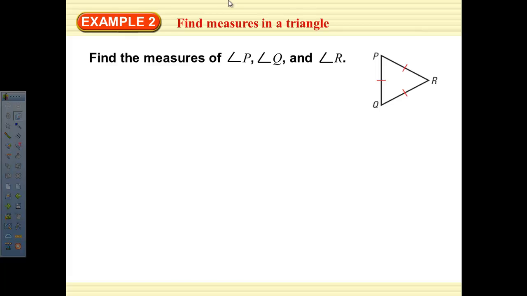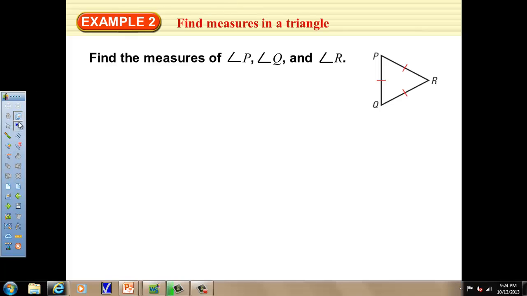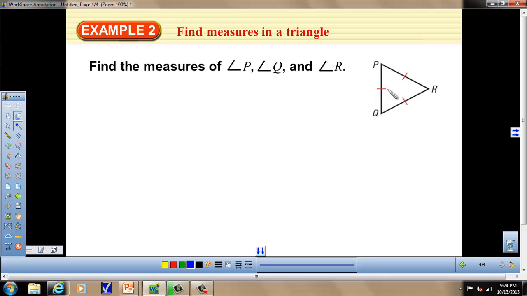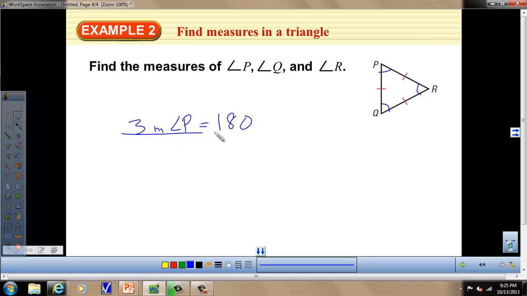Now we're looking at equilateral triangles, and remember that if you have equilateral triangles, they're also equiangular. So in this case, if we want to find the measures of P, Q, and R, remember that all three of these angles are equal. So we can say that if we just find one of these, we'll be okay. So we can just say 3 times the measure of angle P is equal to 180. And if we divide both sides by 3,